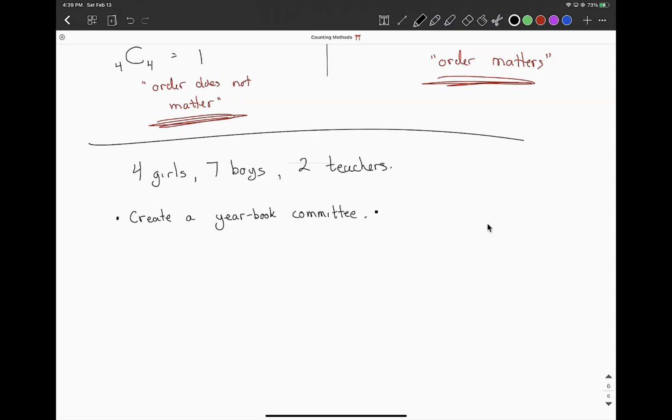And we need this yearbook committee to have 4 students and 1 teacher. This would be my first kind of problem here. How many ways could this happen? Now, the idea is that if you picked your 4 students and you picked the teacher,